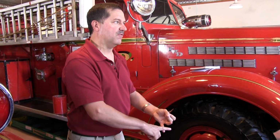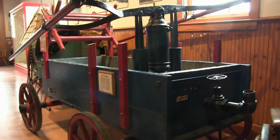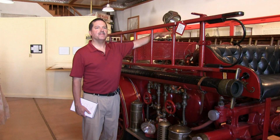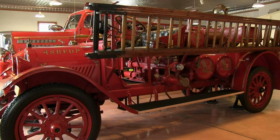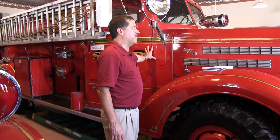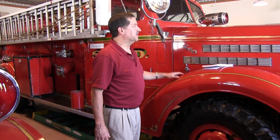And again, let's go back to the idea of where the water came from and where the power came from. Buckets of water and arm motion. Cisterns in the bay, coal-powered steam. Chemical, motorized, from hydrants or the bay. Purely motorized, hydrants or the bay. A tank, hydrants or the bay, and massively motorized. I bet this thing can do as well as a